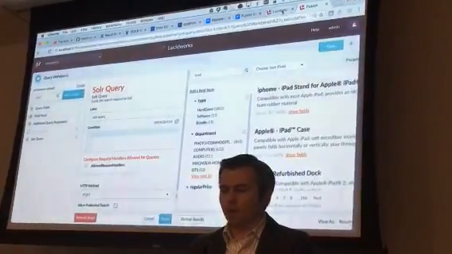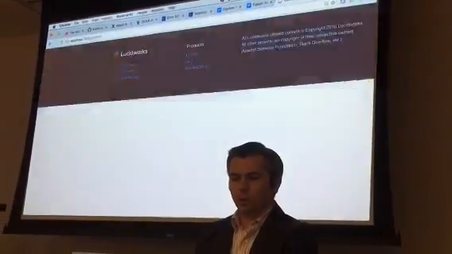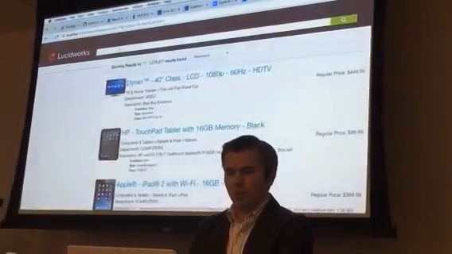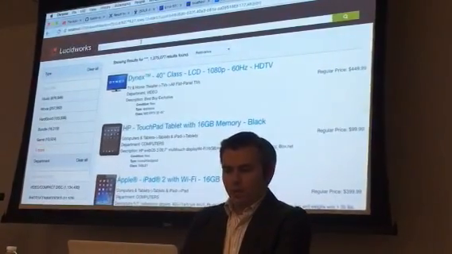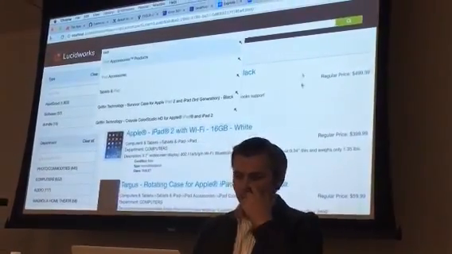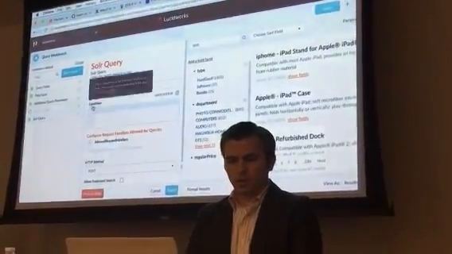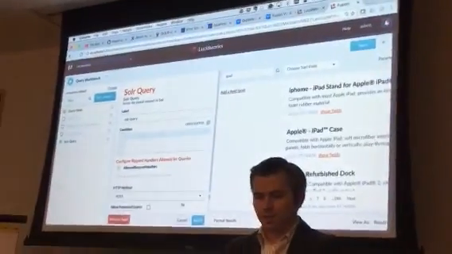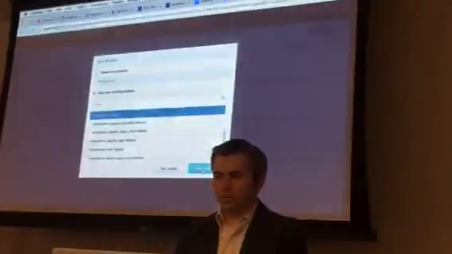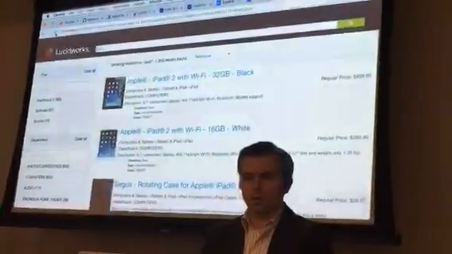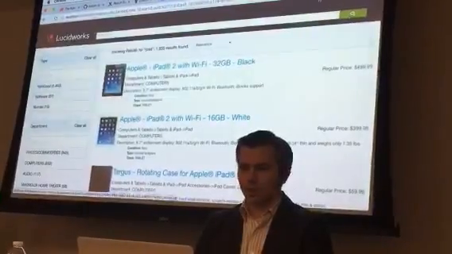And then we also have, I told you we have an end user interface. It's called Lucidworks View. And so here's a list of search results coming back from it. So if I search for iPad here, notice I see the exact same thing that I saw in the other window. And if I were to, for example, disable my facets and save this pipeline, and then come back over to View, all of a sudden I would see no facets over here on the left because I have, well,